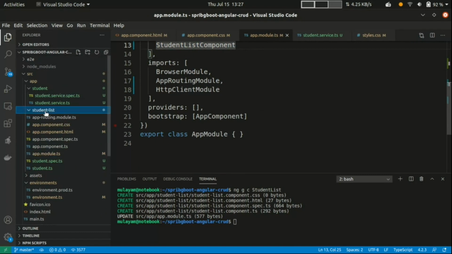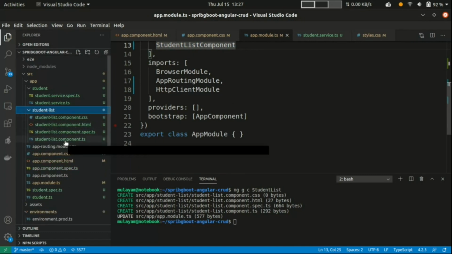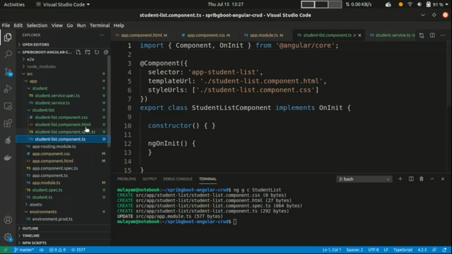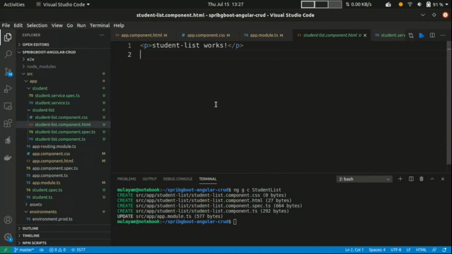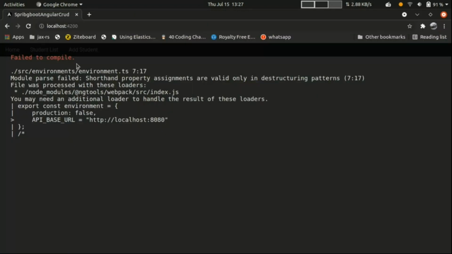So we can go here in the student list folder, and here we are going to write the logic, and in here I'm going to write the HTML or UI part. Okay, so here we are getting an error.